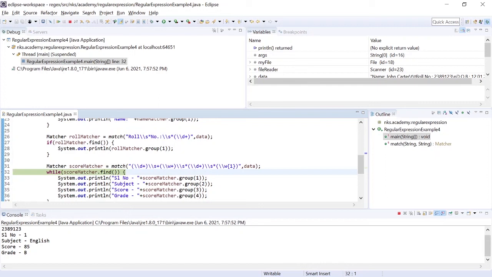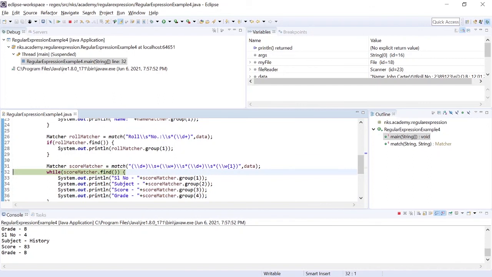Now again it is going to try to find the match. Okay. Now it again found the match and it is printing for the second subject. Again it will find and it will print for the third subject. It will go on until the match is being found. So we had 4 subjects and the 4 matches are being found.